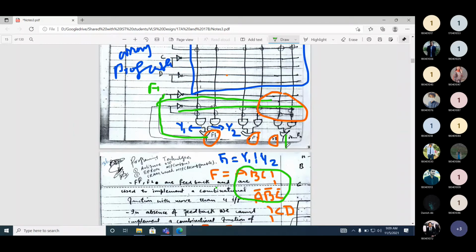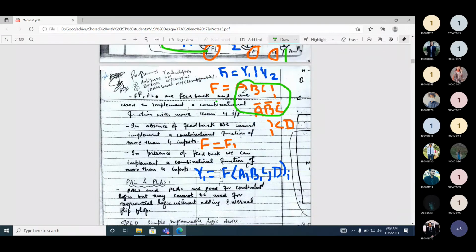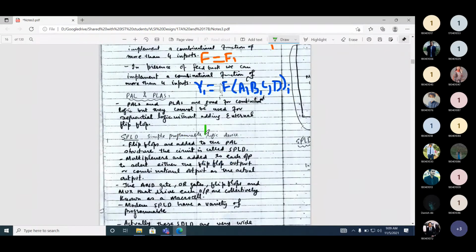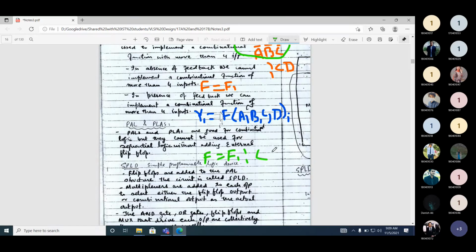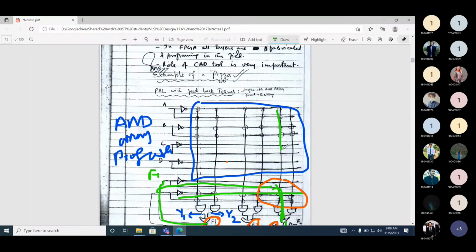So how can we implement this? Finally your F will be equal to F1 or CD. So in this F3, F1 will come up here and CD will come from the above logic.